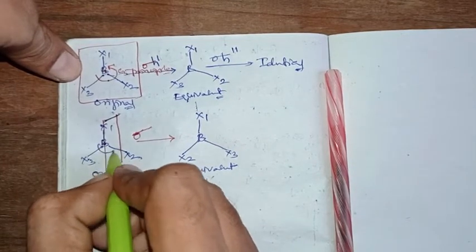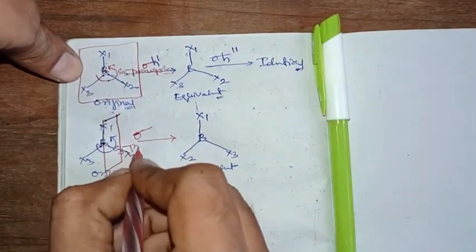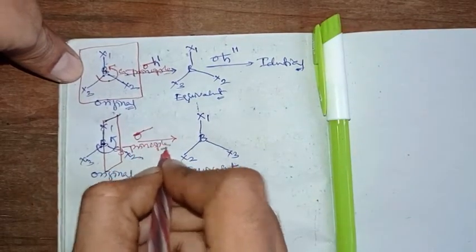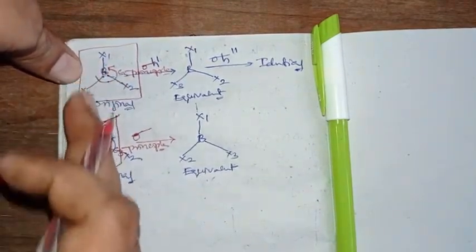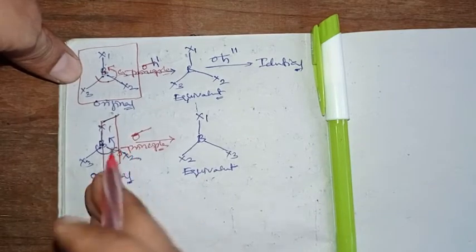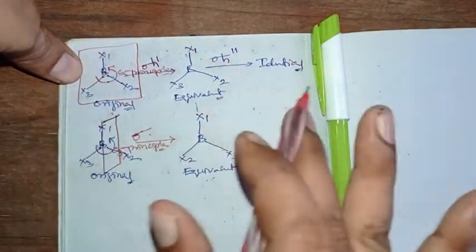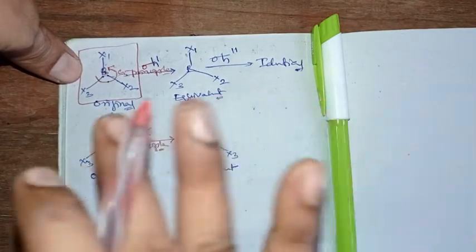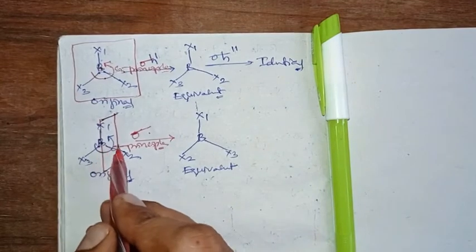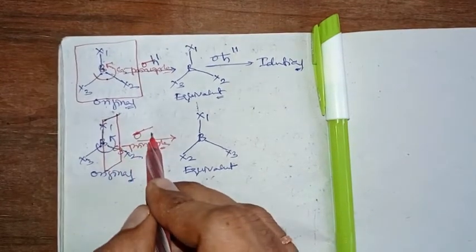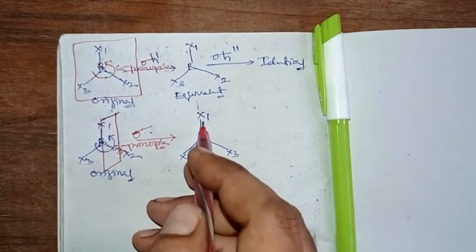The principal axis is C3, passing through the boron atom, whereas the plane also passes through the boron atom, nothing but the plane and principal axis pass through each other. So the plane should not be a horizontal plane; either it will be vertical or dihedral. As the principal axis is passing through the plane, it can never be a horizontal plane. It will be either vertical or dihedral.